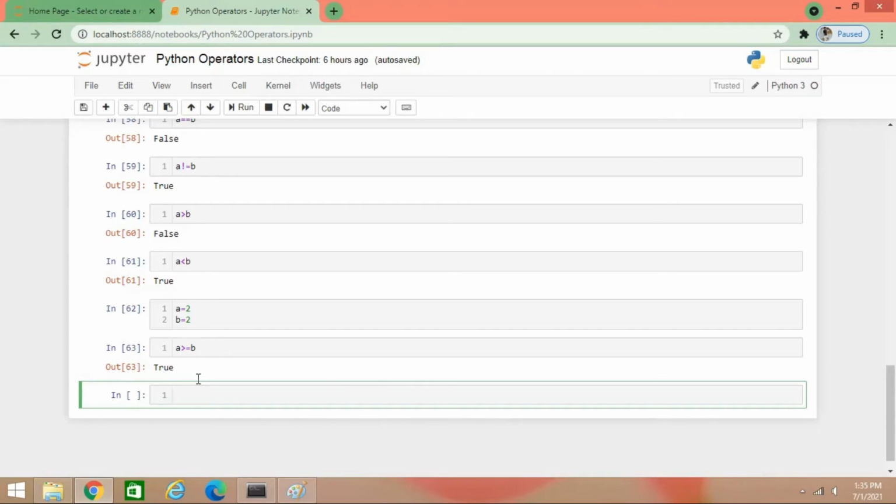And the next thing is logical operators. In Python there are three logical operators: and, or, not. So let's discuss one by one. First, what's the use of logical operators? Logical operators are used to combine conditional statements. For example,